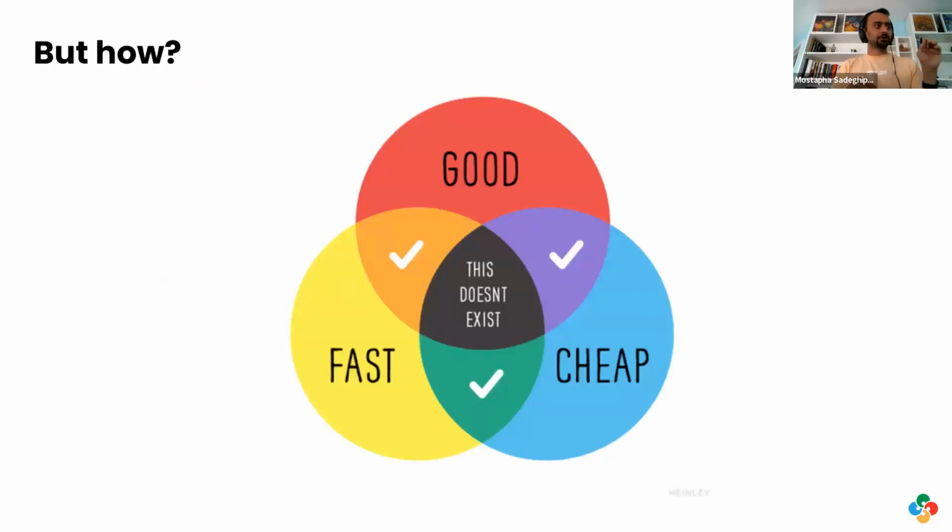You say if it's something good and fast and cheap, it's basically not possible. You have to pick two all the time. So how is it that I claim that Pollination can do all this? Because when I talk about Pollination, I really talk about an ecosystem of tools that are built on top of